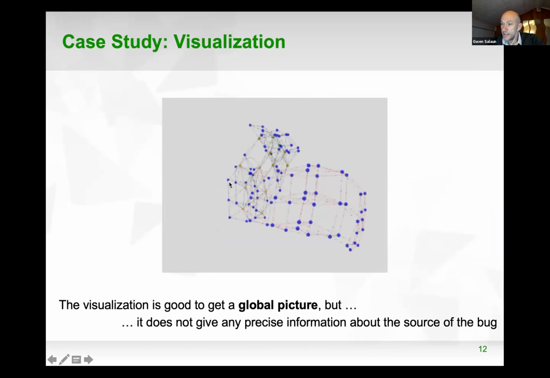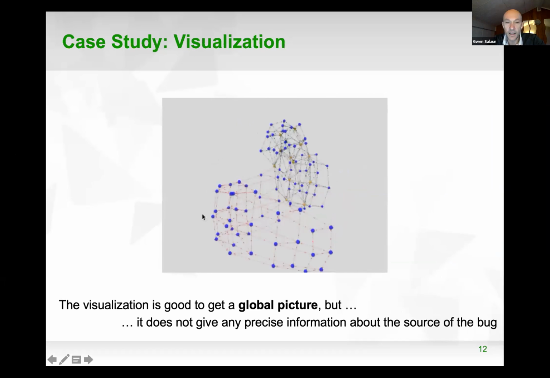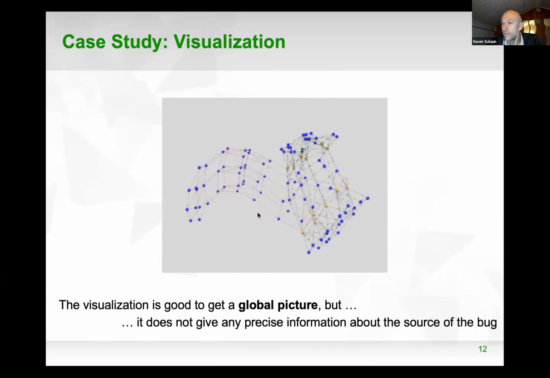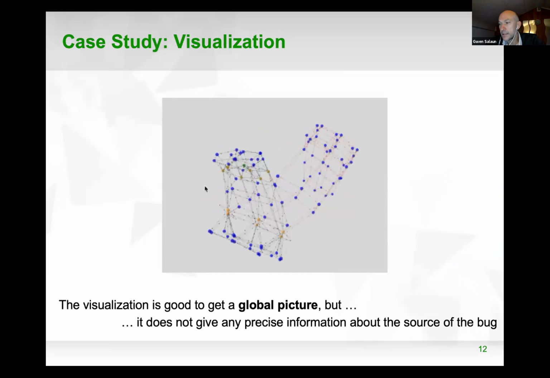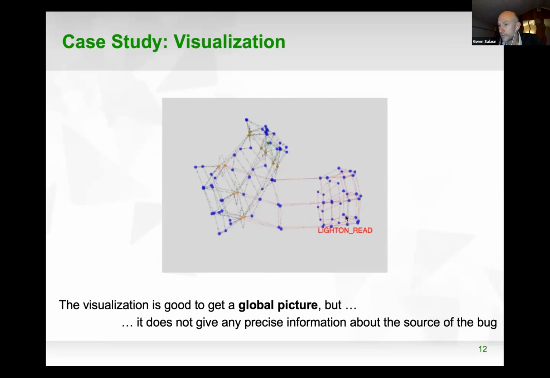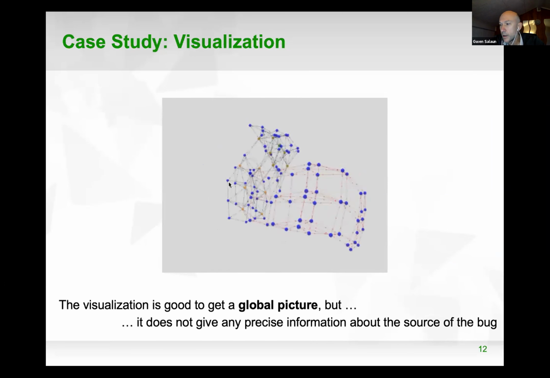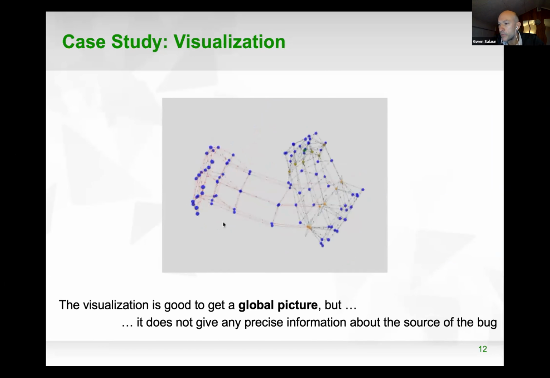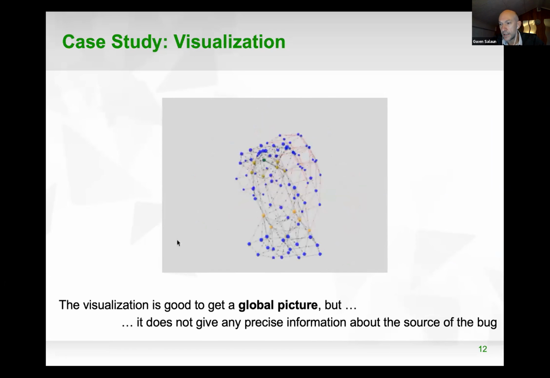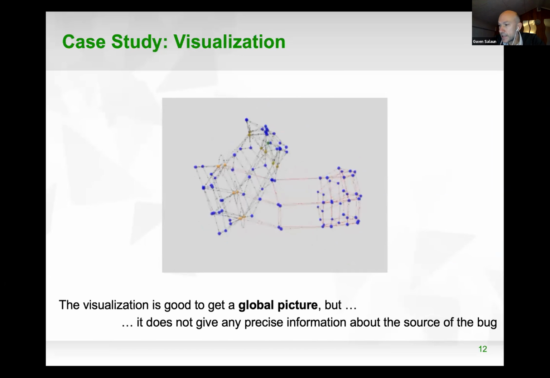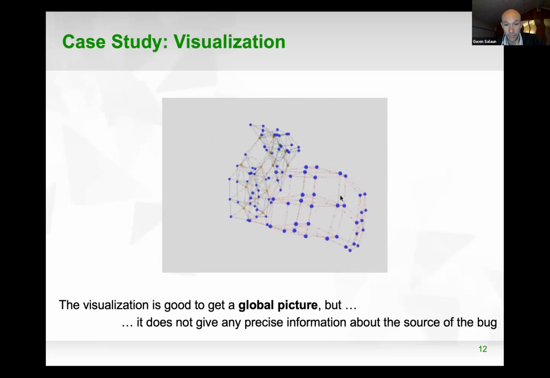So the property is not satisfied by the LTS model generated from the LNT specification. When looking at the faulty part of the LTS, one can see that there are possibly 2 clusters. One consisting of a bunch of yellow states, and another one consisting of a bunch of orange states. However, this visualization does not give any information about the source of the bug.